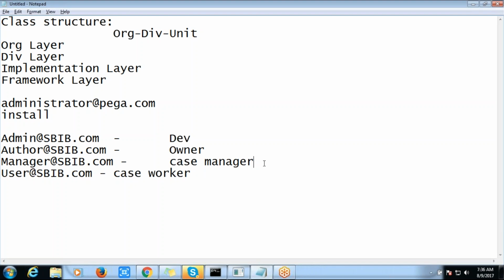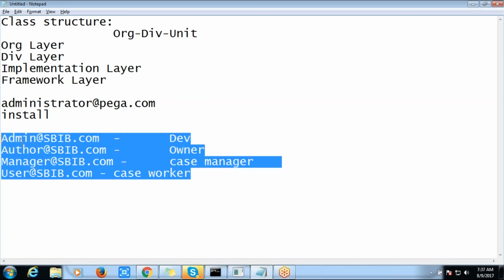The case manager takes the decision on the request created by the case worker. So like this, we are going to create many users based upon their roles and responsibilities. That particular part we'll see later. For now, PRPC will give you these default user IDs.